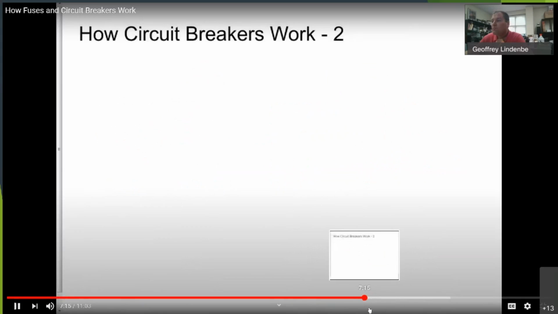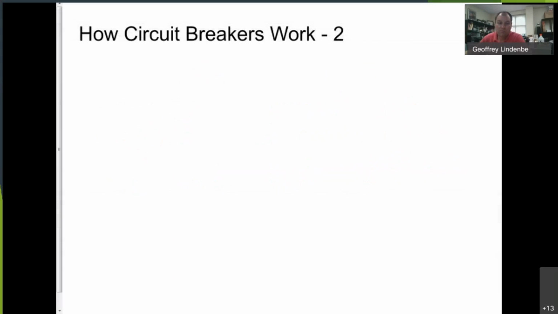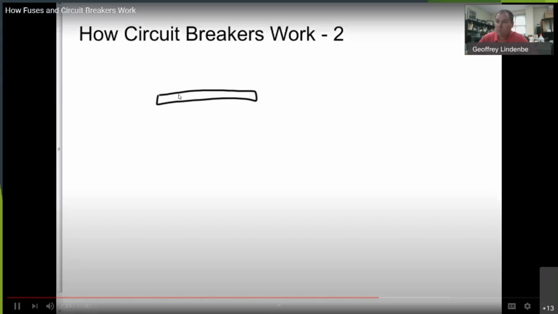When current flows through things, they get hot. If they get really hot, they can melt. But before that, anything that heats up expands. So if you have a bit of metal and you heat it up, it expands. If you have another metal,